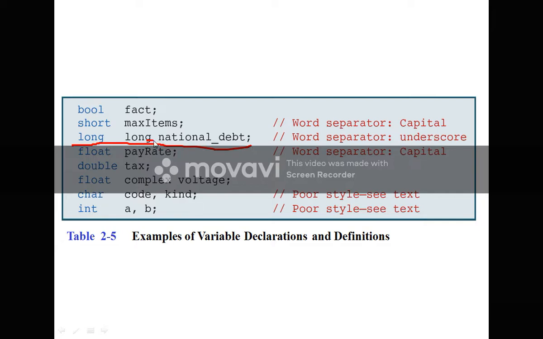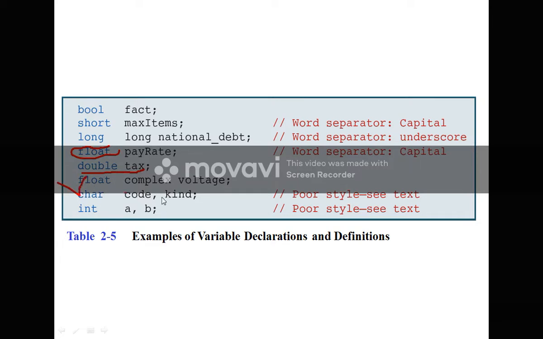So this long is our data type, and national debit is our variable name. Next, float pay rate. So this pay rate is nothing but our variable name, and float is our data type. Next is double tax. Tax is our variable name having a data type double.